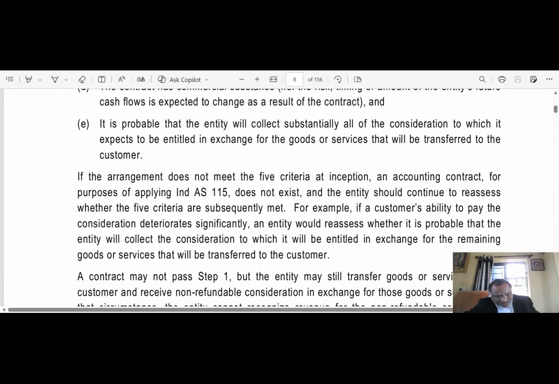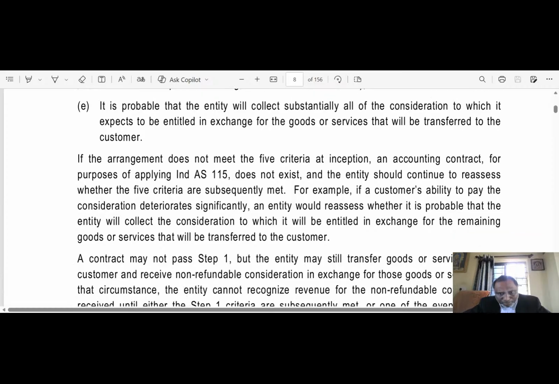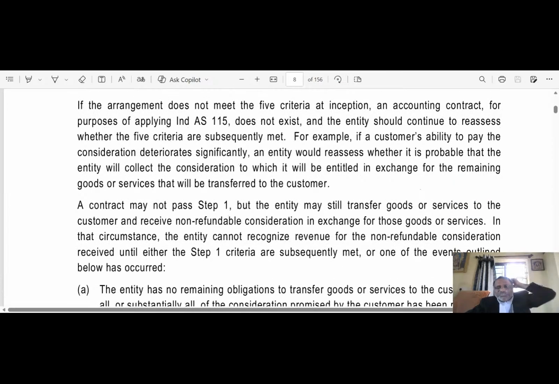A contract may not pass step 1, but the entity may still transfer goods or services to the customer and receive non-refundable consideration in exchange for those goods or services. In that circumstance, the entity cannot recognize revenue for the non-refundable consideration